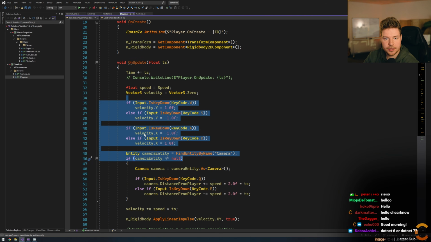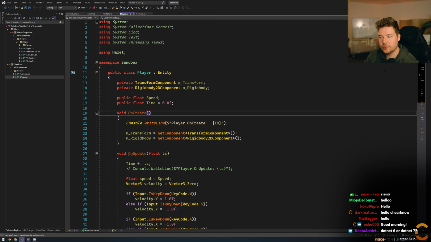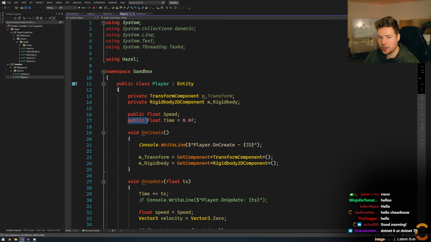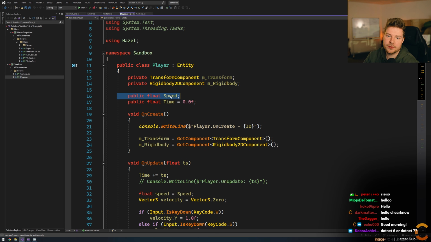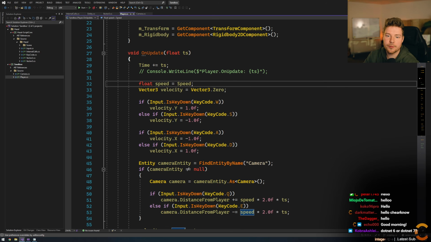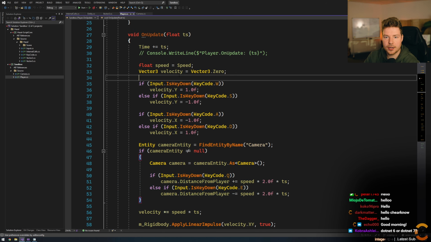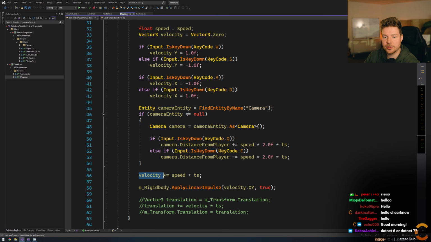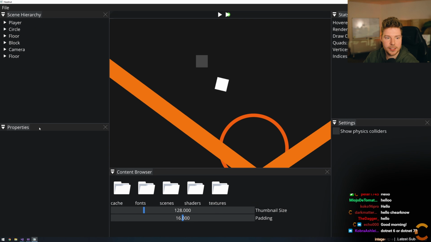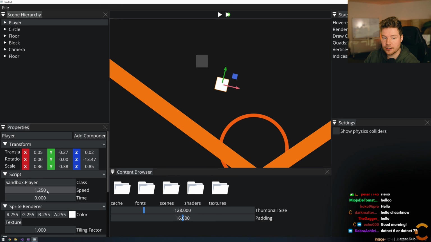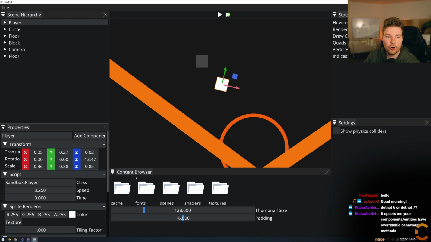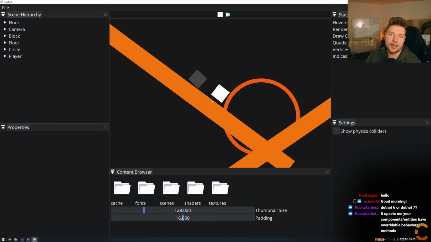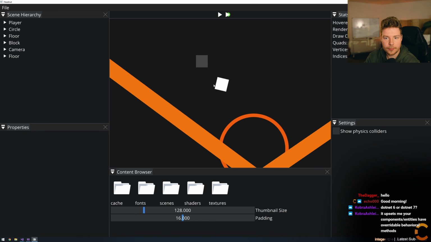One thing that we're doing that's a little bit extra is we have two public variables. Time isn't really being set, it's just being incremented as an example. But speed, you can see, is not set to anything, and yet we actually use speed to move the player, right? So we do velocity times equals speed times the time step, and this speed is actually set through the editor. So we can change the speed to 8, and then you can see we shoot up now, or we can make it really low, like 0.5, or I don't actually remember what it was. Yeah, and I can barely move at all now, right? So that's pretty cool,